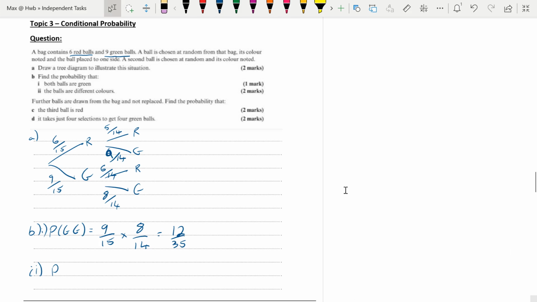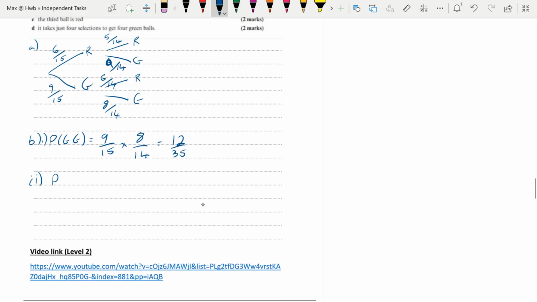Part 2 wants a probability of a different color. So that's a red and a green or a green and a red. So you need to think about all the possibilities. So that's a red or a green plus a green or a red. Okay, so if I do each one separately, that's